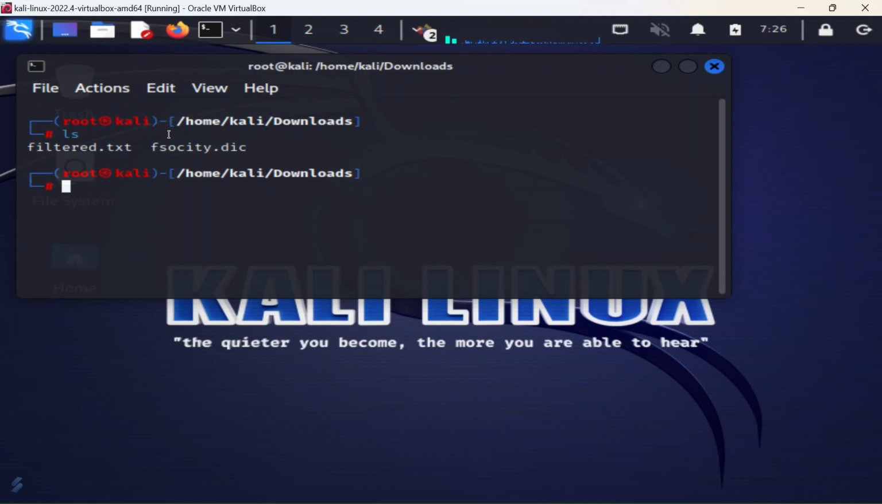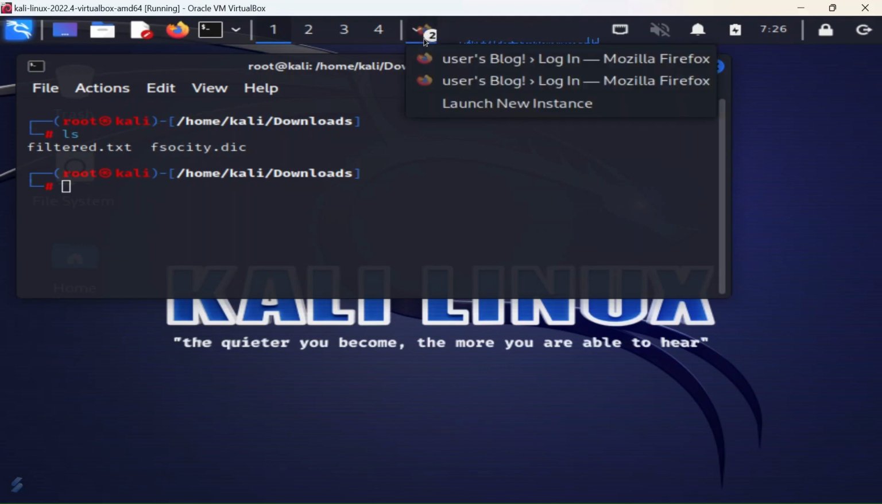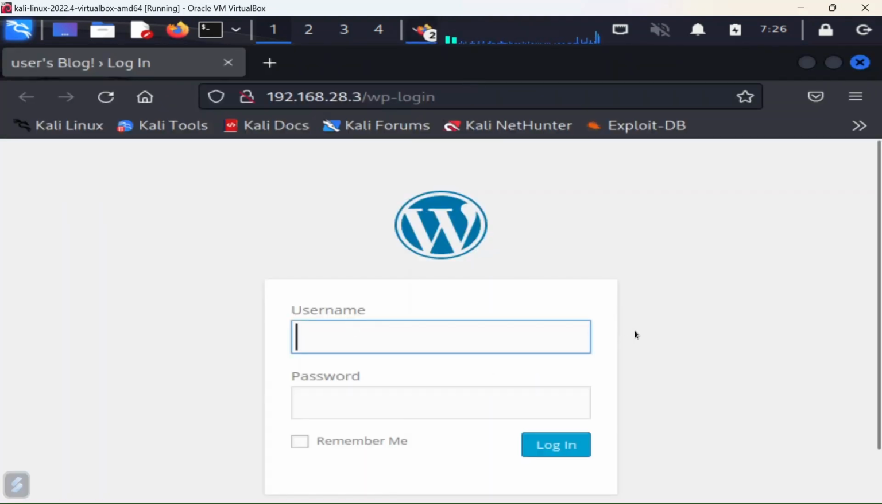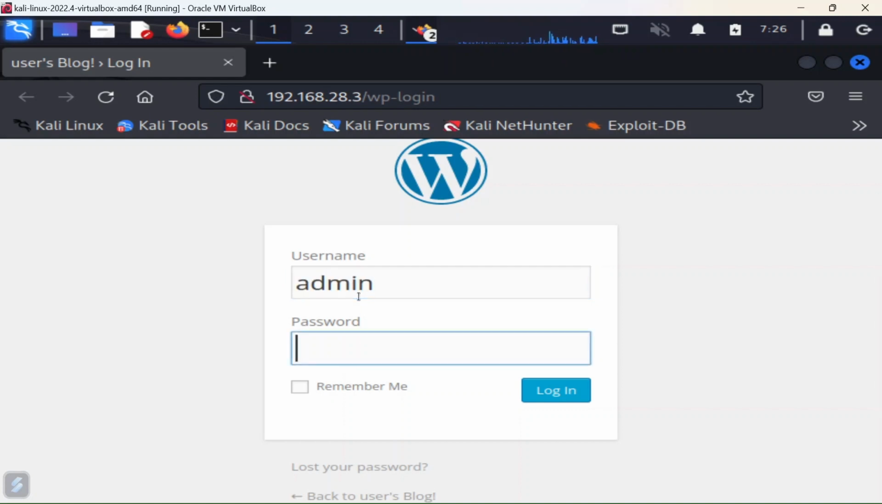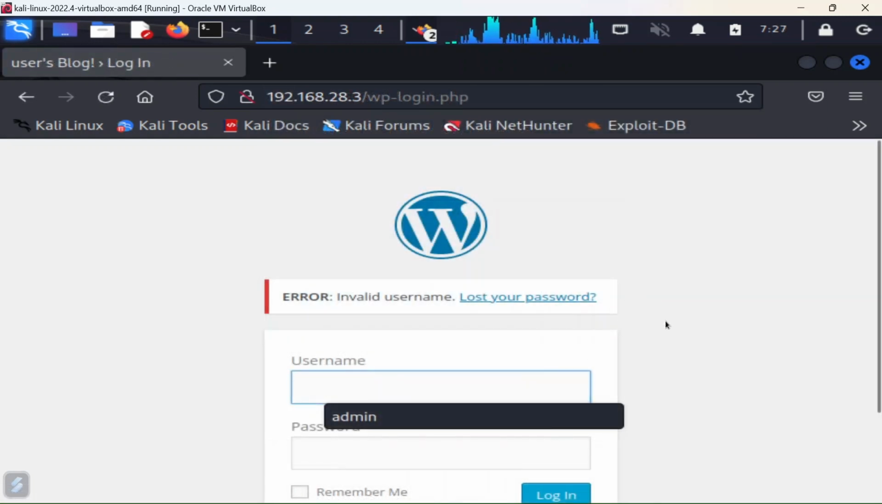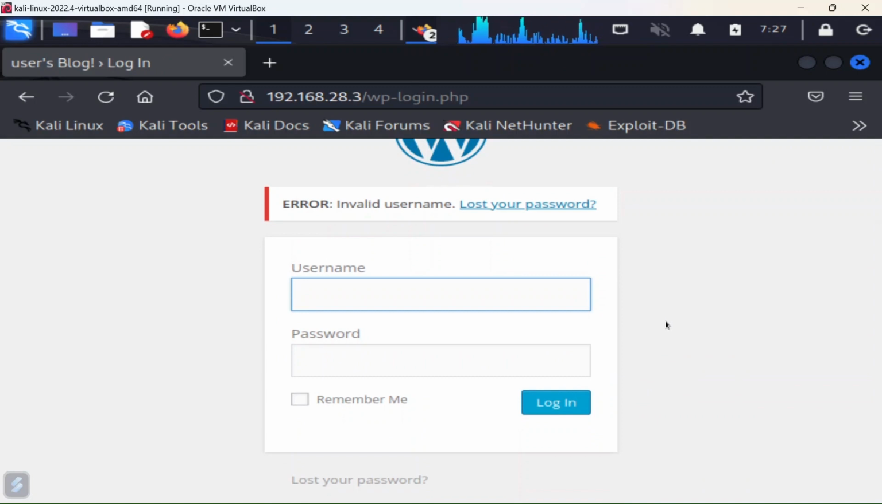So let's remind ourselves what that actually looks like. We have a login screen here, which asks for a username and a password. And if I try the standard admin, we can see that by typing admin, it's come up with an error message, invalid username,